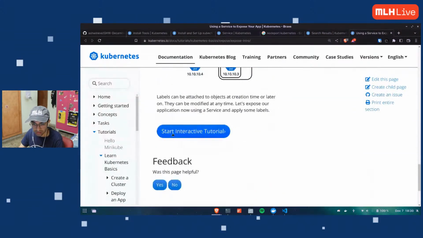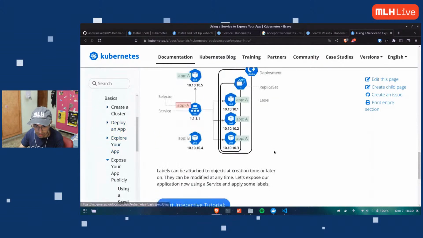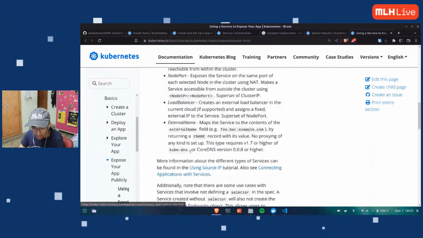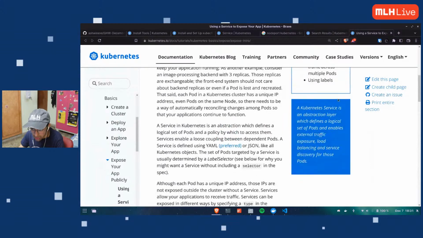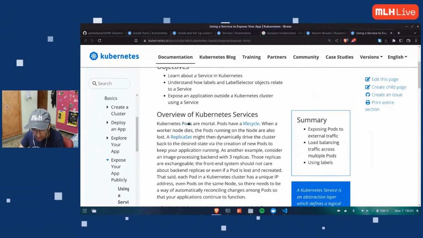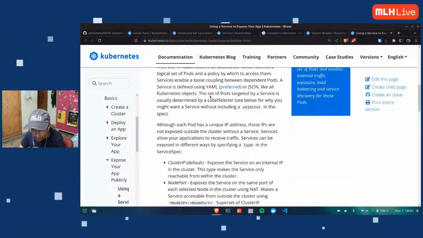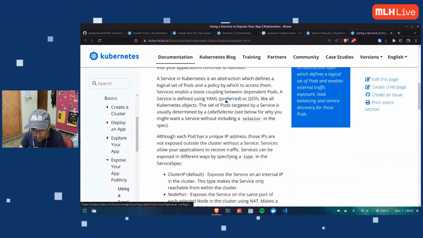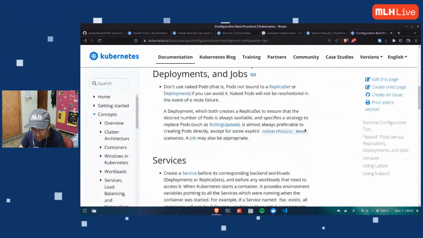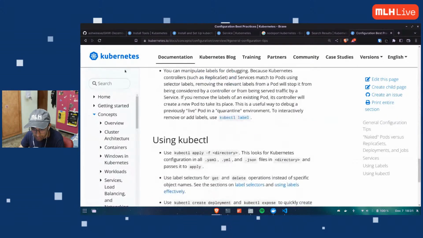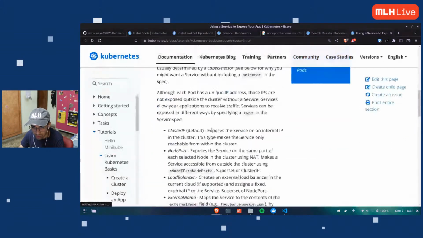Oh, we have a nice interactive tutorial. I love tutorials, but we should have a node port example. I don't think we have it right here. Do we have it here? No, not for now. That's all right.